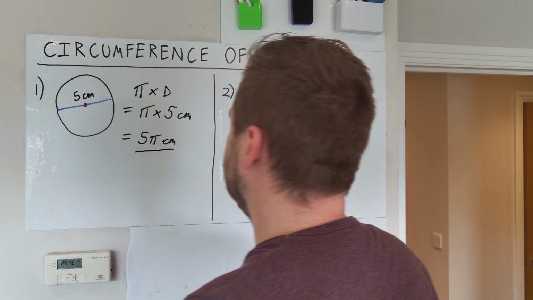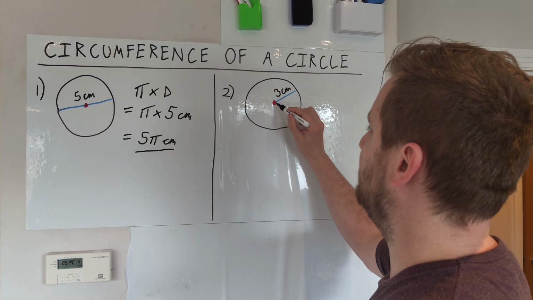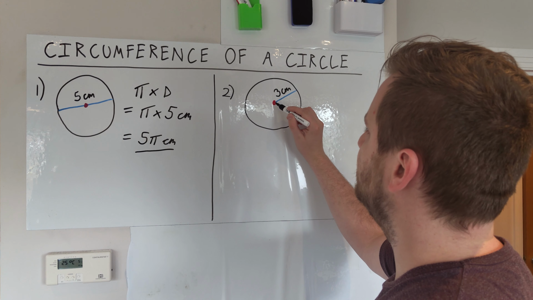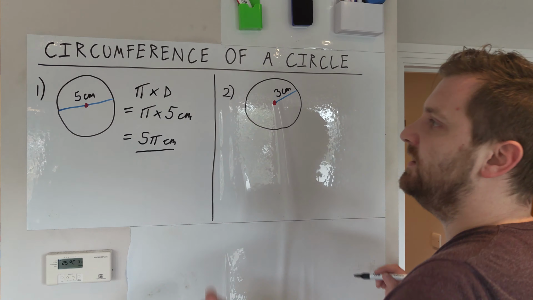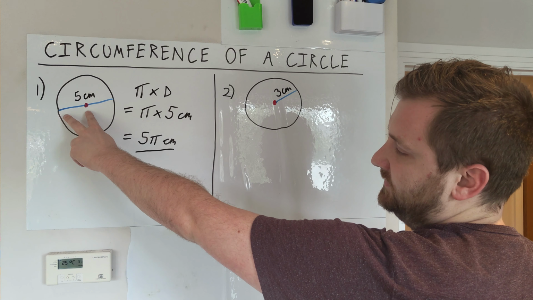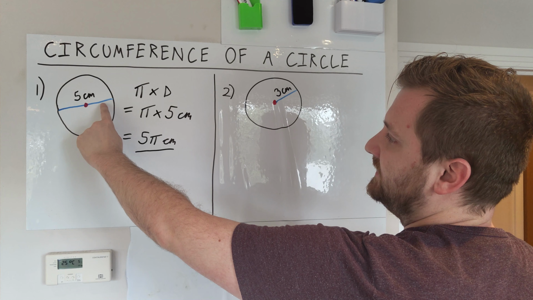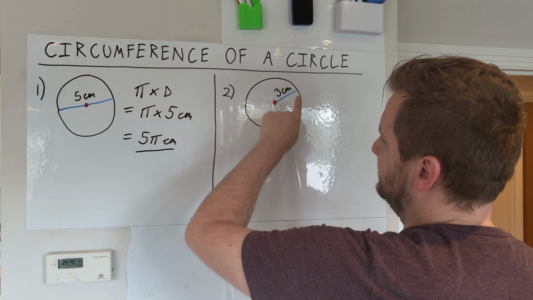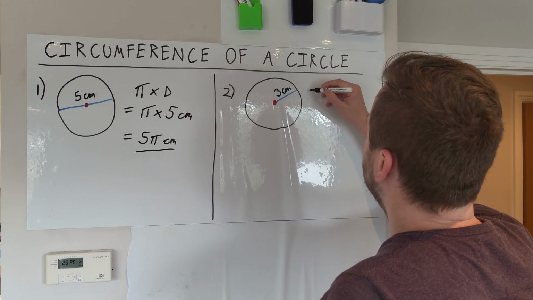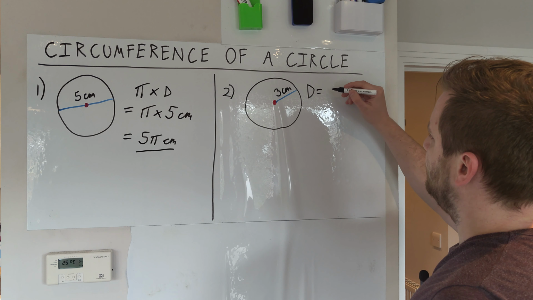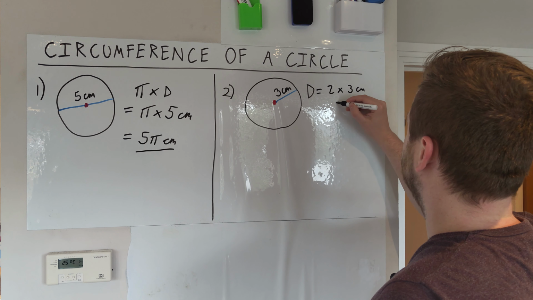It's just that simple. And looking at question number 2, we're not given the diameter, but we're given the radius. So the radius is the distance from the edge of the circle to the center. So you could probably interpret yourself how you're going to work out the diameter. Well, the diameter is just twice the distance of the radius, because it would be to the center and then to the edge again. So the diameter is going to be equal to 2 times 3 centimeters, which is equal